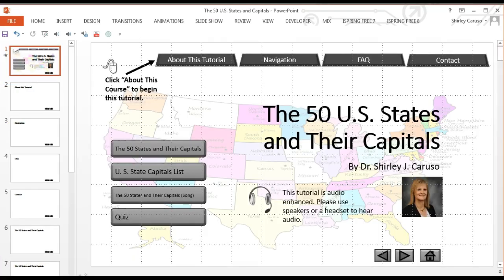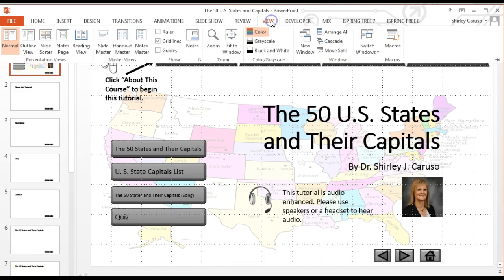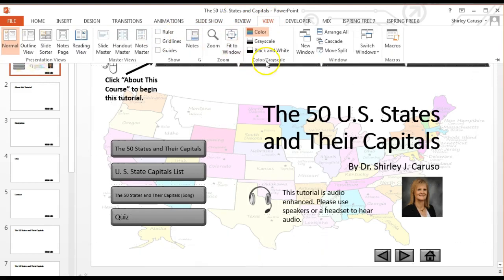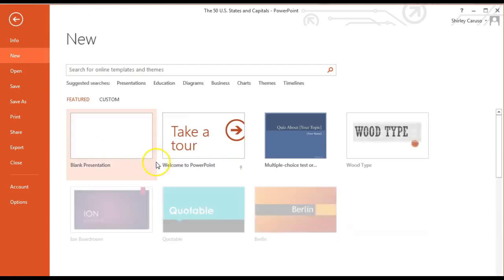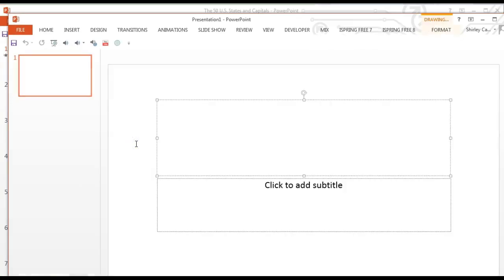You're actually interested in teaching your learners how to navigate the tutorial using the graphical user interface slide. So the first thing I'm going to do is take the grid lines off so that the viewer does not see the grid lines. And I'm going to open a new PowerPoint. And this is where I'm going to insert the screencast, and then I'm going to put it on the navigation page in my original PowerPoint. And the reason we do this is because